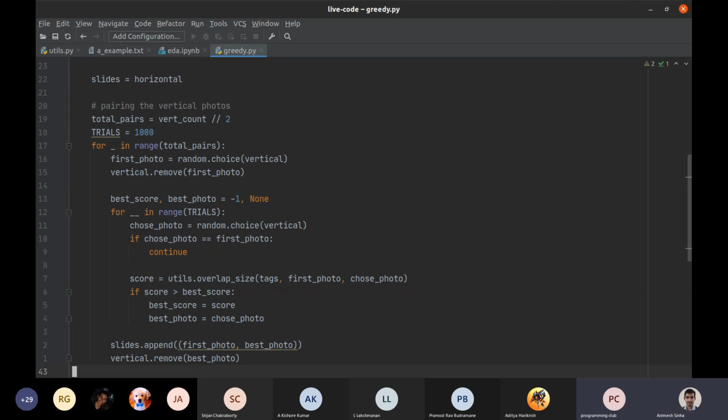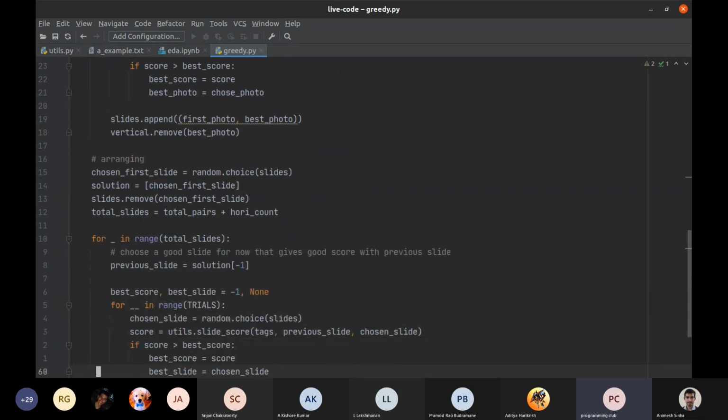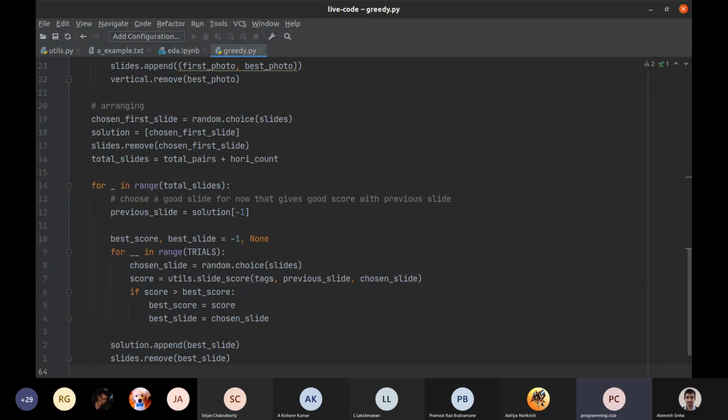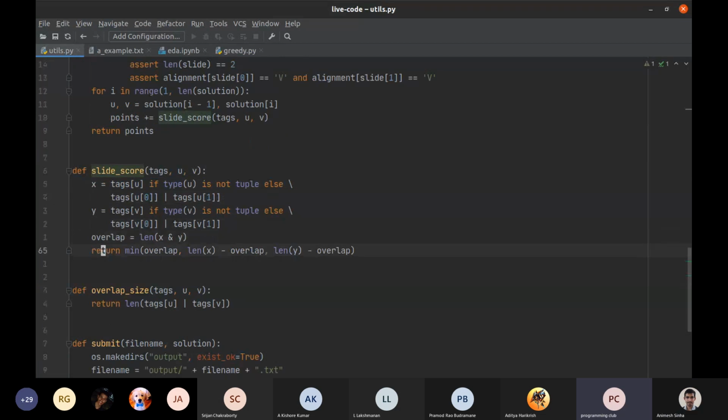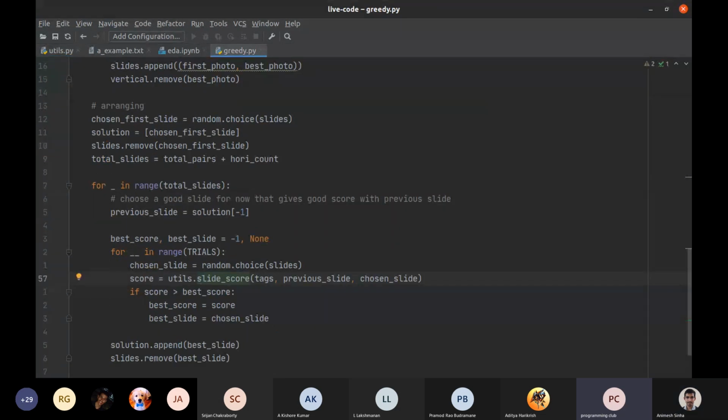I separately have the horizontal photos, and then I can stitch them together in a, what do you call it, the slideshow, right? So the slideshow, this utils.slide_score gives you the score as we discussed earlier, the minimum of the left difference, right difference, and the intersection. So like you can go there and check that it is literally doing this. But like we can just treat it as a black box and consider it there.